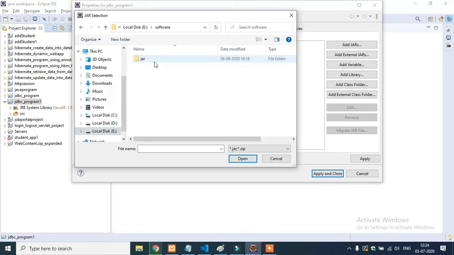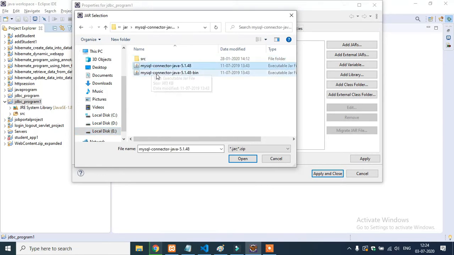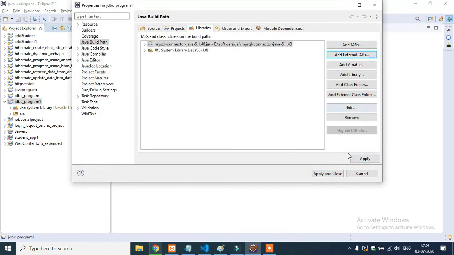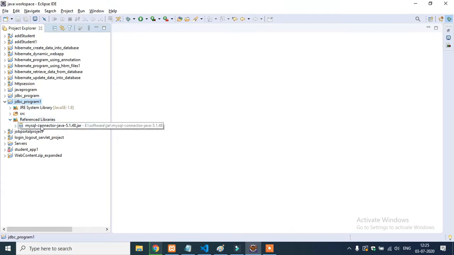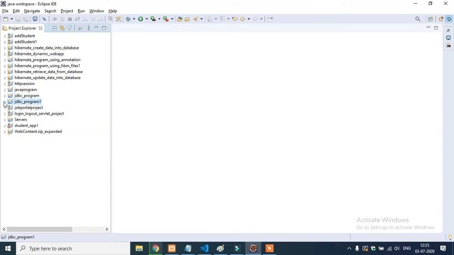Go to E software jar, and you see MySQL connector Java. Select the first option, open, apply, apply and close. Now you see this referenced libraries got created in this project, JDBC program 1. When you expand referenced libraries, you see MySQL connector Java. Now we have linked it, and let's start with the program.